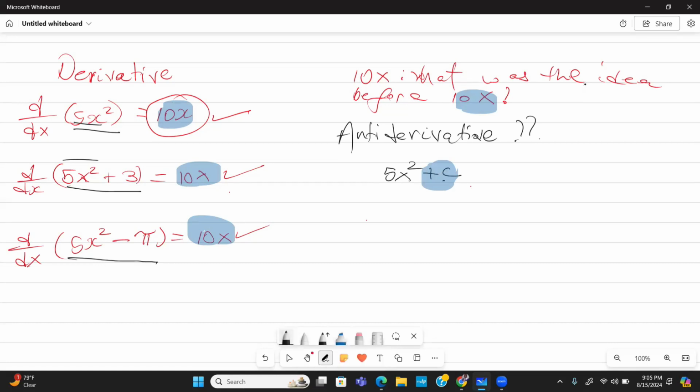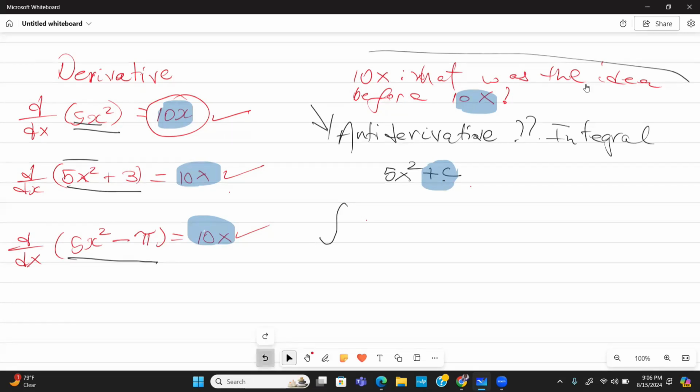This idea, this antiderivative, is what we call the integral, right? We call this the integral. So instead of writing all of this in words, there's a symbol for integral, and that symbol looks like that. So this is the indefinite integral, right? So basically, this would have been saying,